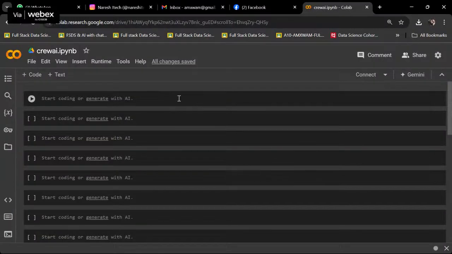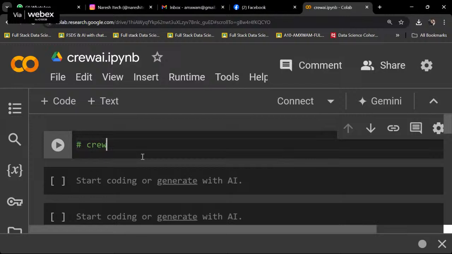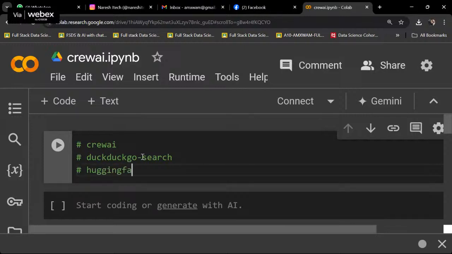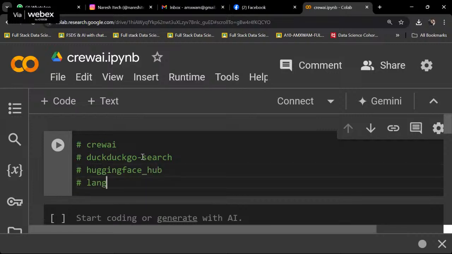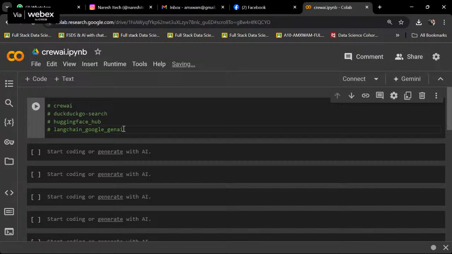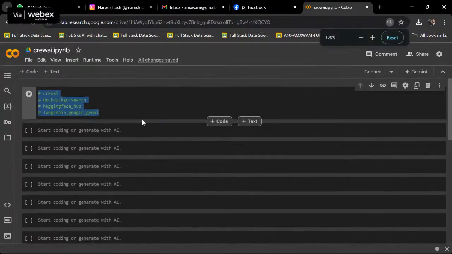Control S, I save. First, I'll write a few things, and then the libraries. Okay, the first library, listen to me, is CrewAI. And the second thing is DuckDuckGo search. Third one, Hugging Face Hub. Fourth one, LangChain, which is an LLM model framework, Google and GenAI. Okay. So how many libraries do I have? CrewAI. I want to install all of them, so rather than installing one by one,